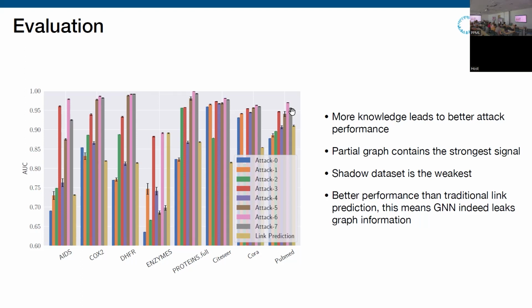This is a natural application in the era when social networks started, because they want to recommend friends, right? So in our results, many of our attacks actually perform better than this traditional link prediction method. Remember, link prediction methods do not use any information from the GNN. They only use the data set's own information. Our GNN-powered link prediction is better, which means the GNN indeed leaks extra information on the edges. Okay, make sense? Then we published the papers, and people are trying to do some defense